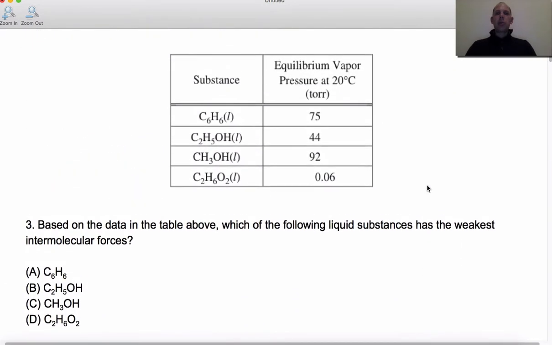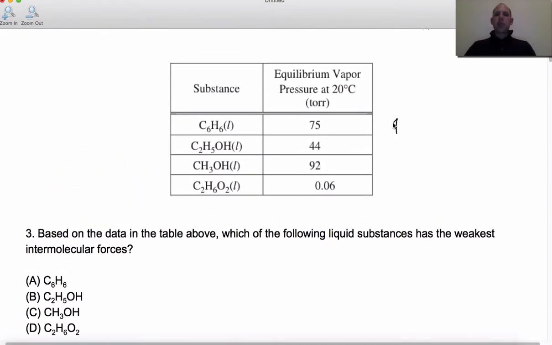Okay, remember the relationship here. So as you increase the boiling point, you're going to decrease the vapor pressure. But also remember that if we plot the IMF forces versus the boiling point, they're going to be directly related. So as the IMF forces increase, so does the boiling point. As the IMF forces increase, the vapor pressure decreases. So we could have this relationship here,